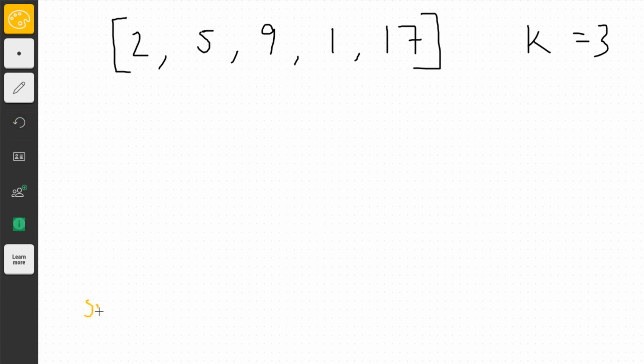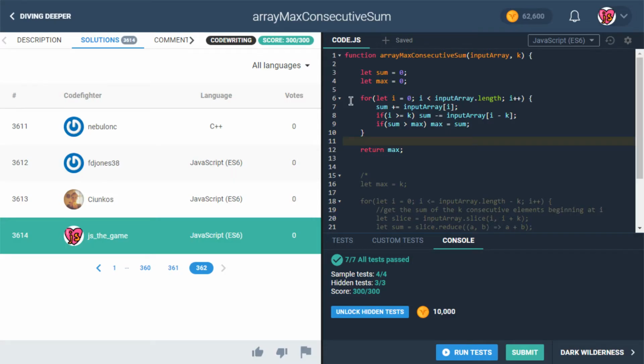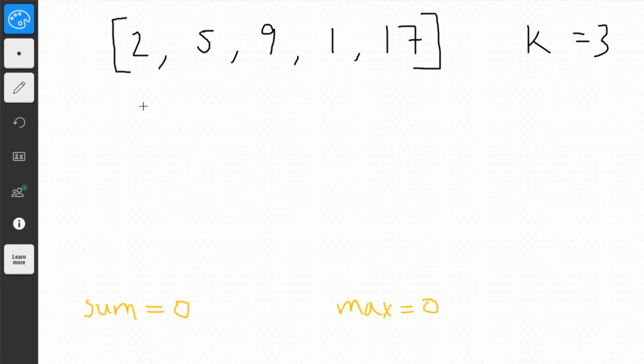I'll put it down here. So we'll say sum, and then we'll say max. Okay, and we'll see what these are equal to. Both of them are going to start as 0. Great. And then for i, our iterator, we're basically starting at the very first element, or really the